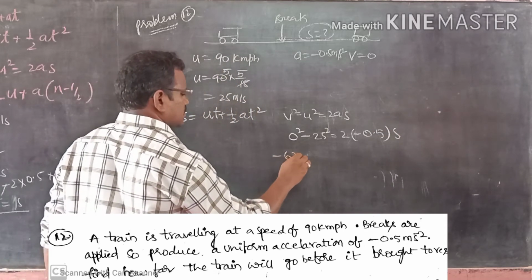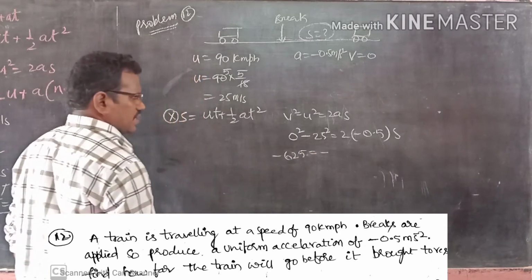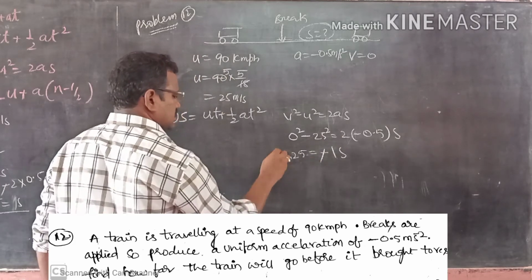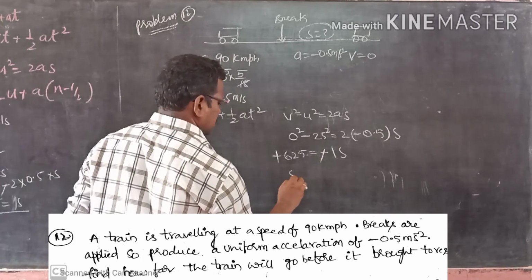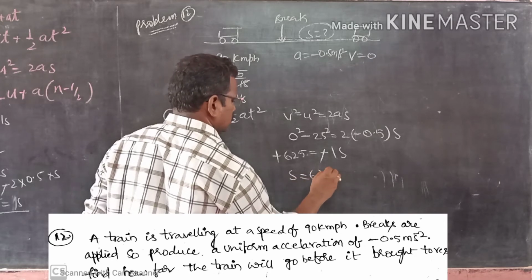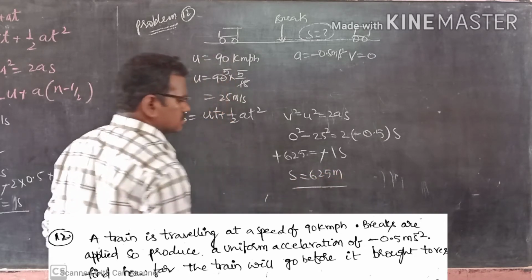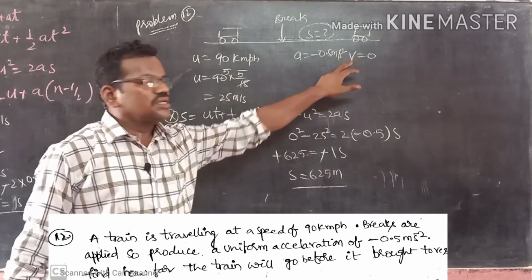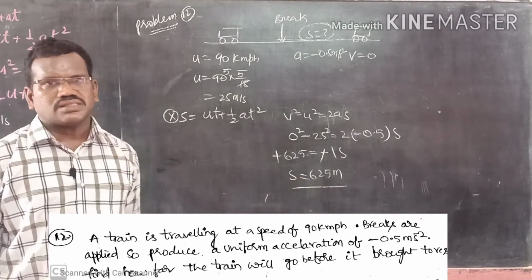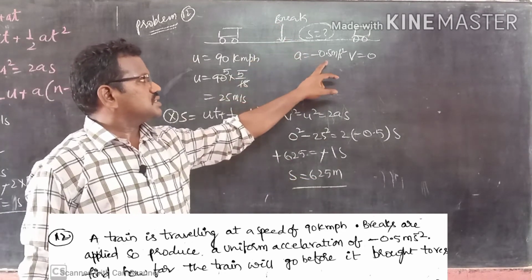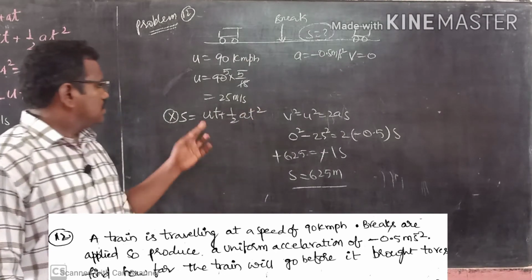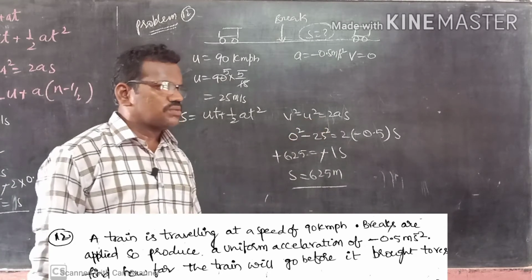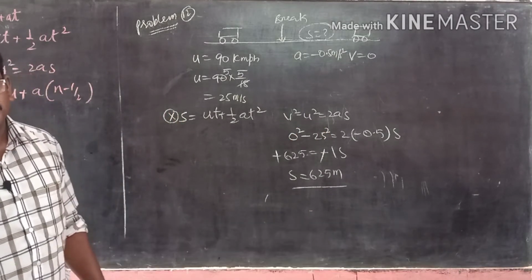Now it becomes minus 625 is equal to minus 2 fives are 10, with the one point, now it becomes 1 times s. We can cancel negative and negative. So s means displacement is equal to 625 meters. Means after applying the brake, the train will come to rest by traveling a distance of 625 meters. In this, negative acceleration is 0.5 meter per second square. In this formula, time is not provided. So for that we selected the formula v square minus u square is equal to 2as.